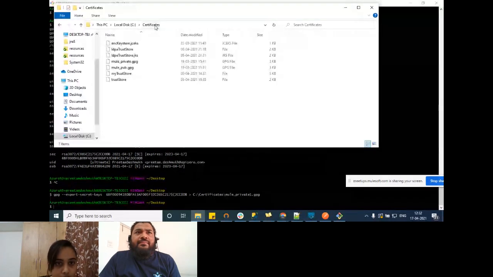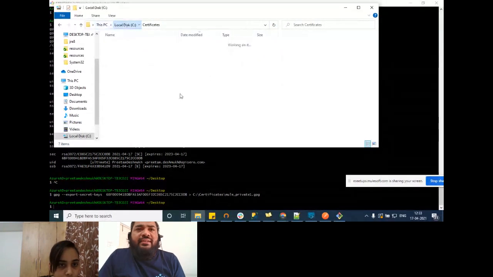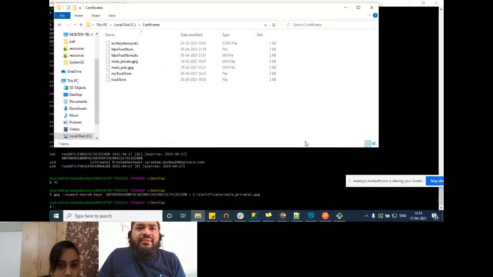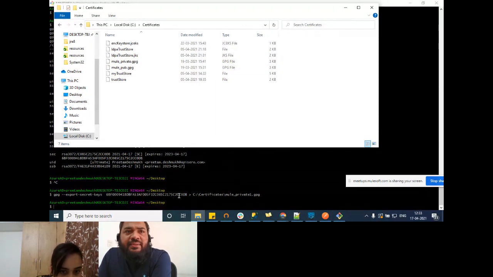Let's refresh this certificate folder. I think you have to give a double backward slash in the path. A double backward slash you need to give. Now you will see that it has created it.